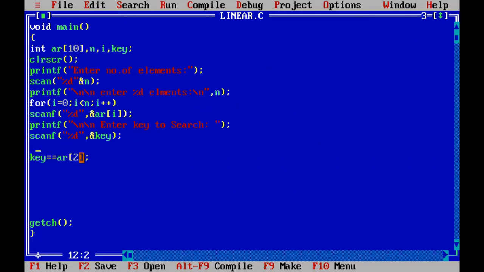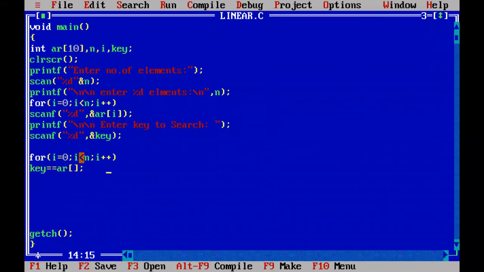So here we have to start with the 0 element, the first element, and end at the 8th one. So we start with 0. The key is searched with each and every element in the array. Now, instead of you changing the 0 and 8, use the for loop here. That for loop will run from 0 to less than n, so 0 to 8, and i++.